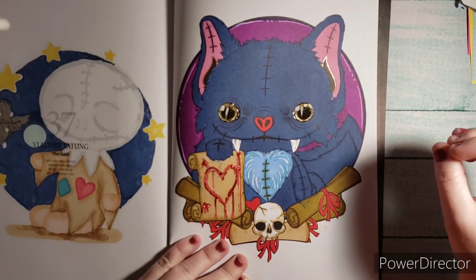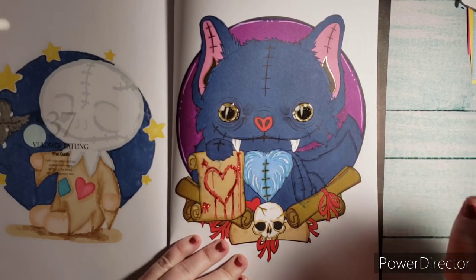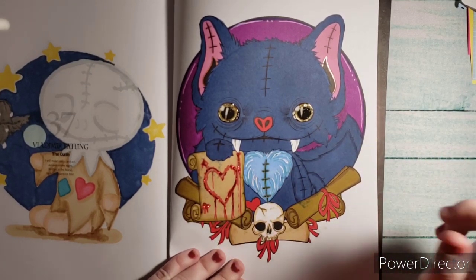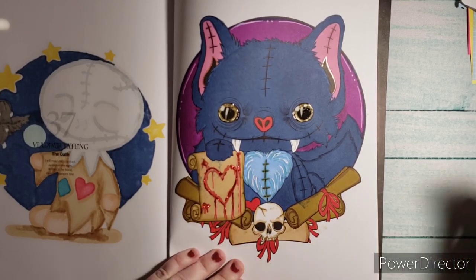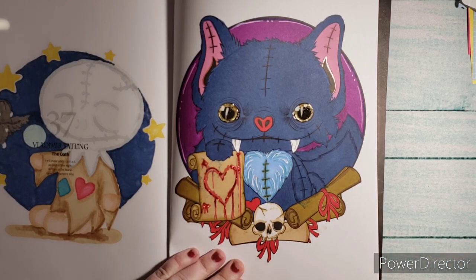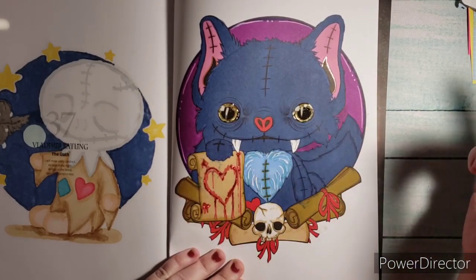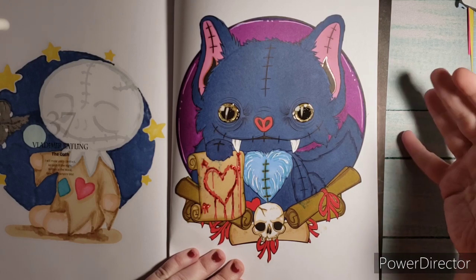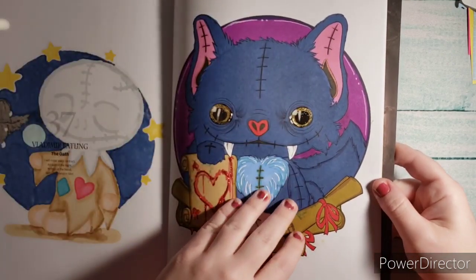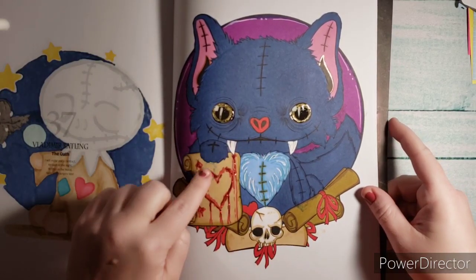That's kind of my goal, to try to rescue or save pages that have been damaged by bleed throughs, yellowing, or my kids got to it. So this one, I thought it was also perfect for Valentine's because he's got a heart, like he's given a heart card, and his chest is shaped like a heart as well. And I put glossy accents on his eyes and gel pen here and there, but it's basically just alcohol markers. And I think it looks good. Can't even see the blue that was originally on him. You can still see it a little bit on the scroll